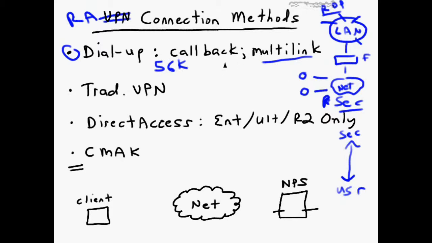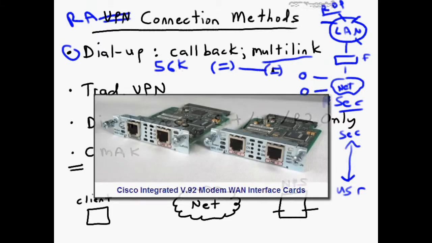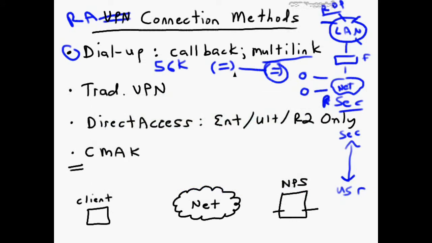But that would involve, say, two modems simultaneously installed and configured on the remote user's box, and then two modem connections on the remote access server on the corporate side of the fence. That can get really expensive to have to dedicate those modem interfaces, especially if you're pairing them to increase throughput. Nonetheless, Windows Server 2008 Network Policy Server and Remote Access Services still offers dial-up, and there's some rudimentary, very rudimentary